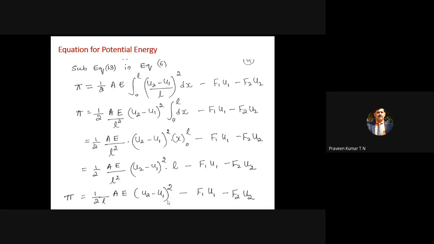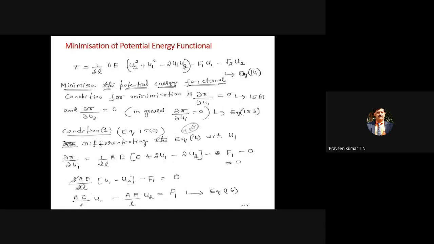Now this is the equation for pi. If you differentiate it, we can see here you have the equation for pi. So you are writing to minimize the potential energy. Minimization is nothing but the rate of change of the potential energy being equal to zero. That is, del pi by del ui is equal to zero. Then the system is in the equilibrium condition.